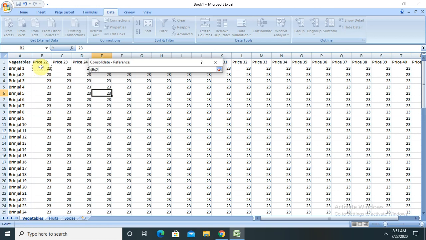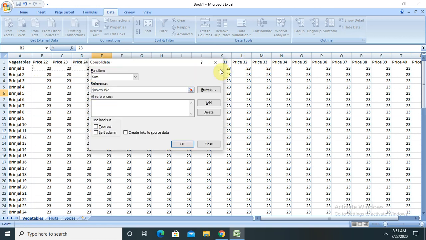Then from here to here, press enter, and if you want to add all other references, click add and browse the next one.